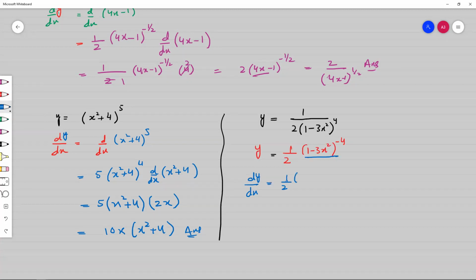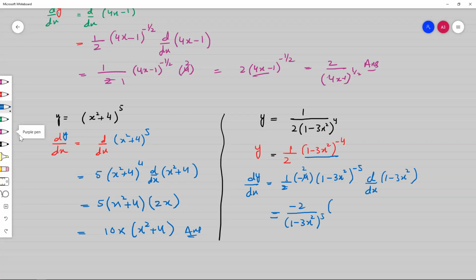So first we write power negative 4, then 1 decrease from power, it would be 1 minus 3x square minus 5, and then derivative without power, 1 minus 3x square. So 2 1 time and 2 2 time 4 minus 2. So this is negative. So if we shift in denominator again, it would become positive 1 minus 3x square power